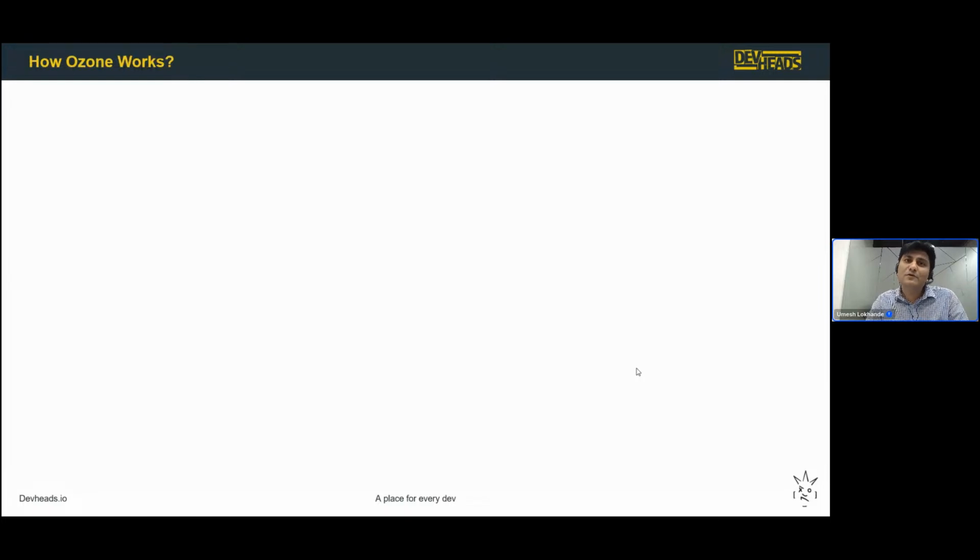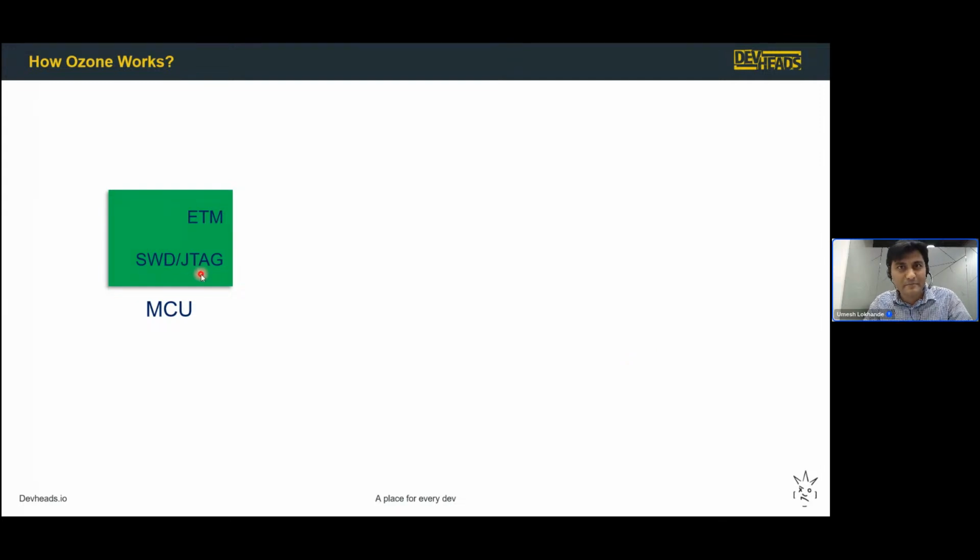So now let's talk about how Ozone works. Let's say we have a microcontroller, and we are talking about the Cortex-M microcontroller for this session, the STM32F446. You probably know that Cortex-M has this ETM, embedded trace macrocell. It's basically a trace buffer. To get the debug information from the microcontroller, we will get the trace data,